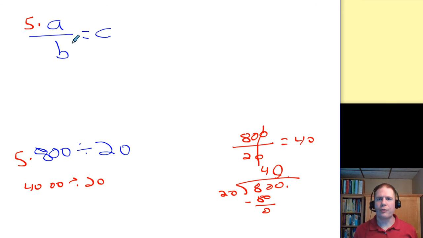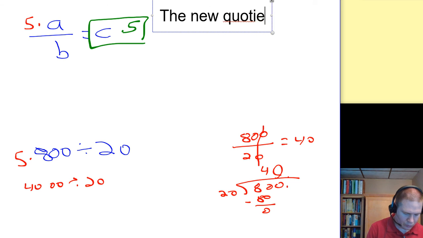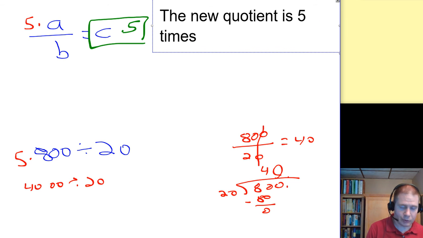Well, we know from how we solved one-step equations, if I have an equality here, a divided by b is equal to c, if I'm multiplying this left side by 5, in order for it to stay balanced, the right side also has to be multiplied by 5. Right? Otherwise, they wouldn't stay balanced. So the new quotient is 5 times c. The new quotient is 5 times bigger